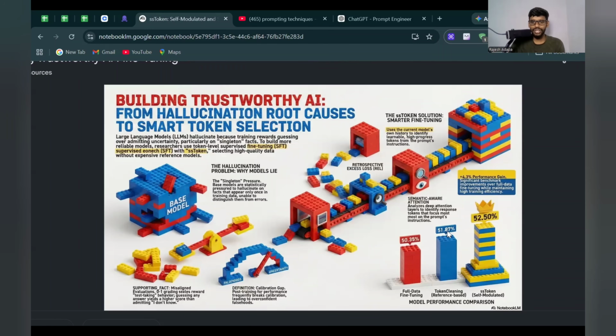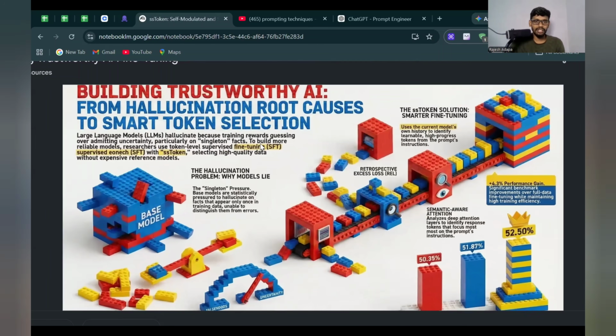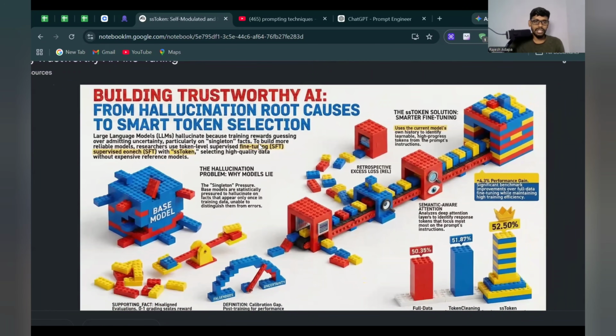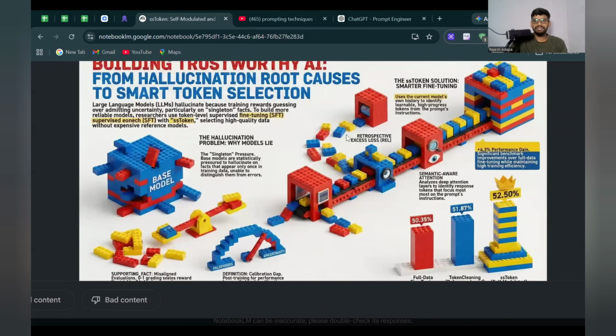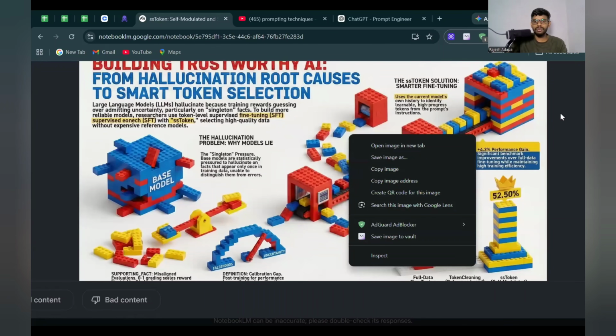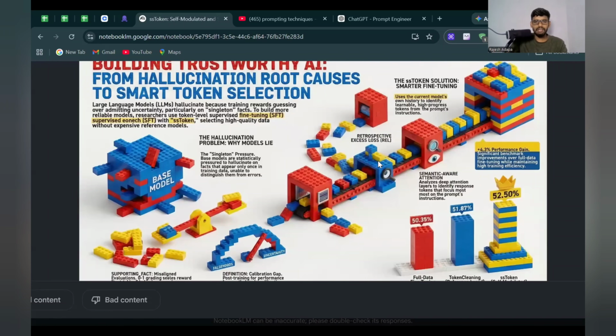We selected some bricks, right? So it selected bricks as a theme, and it created the content around it in a good way, which we can actually use. To highlight it, it used a yellow color so that the words get highlighted. So that's what supervised tokens and unsupervised tokens may be. So it created a good infographic, and we can just copy this, or we can save this image